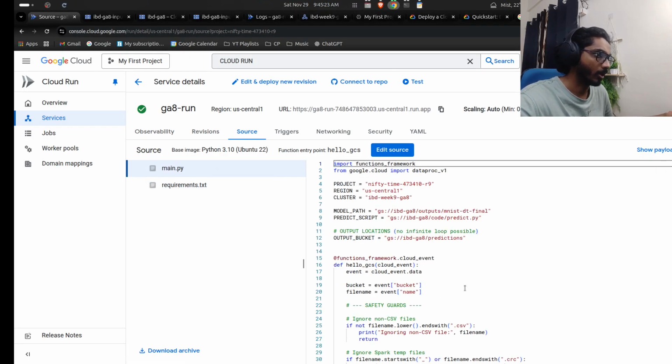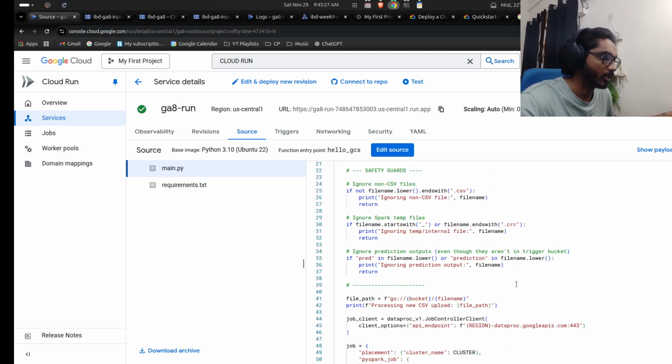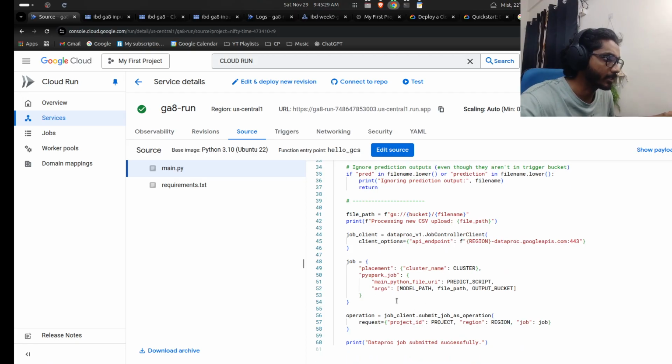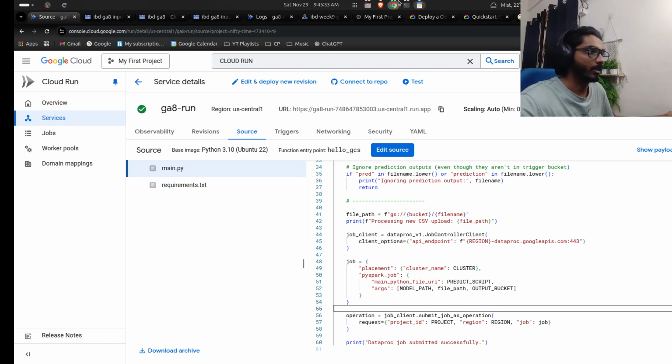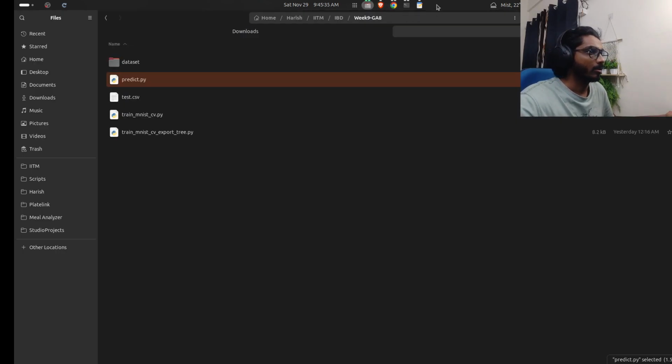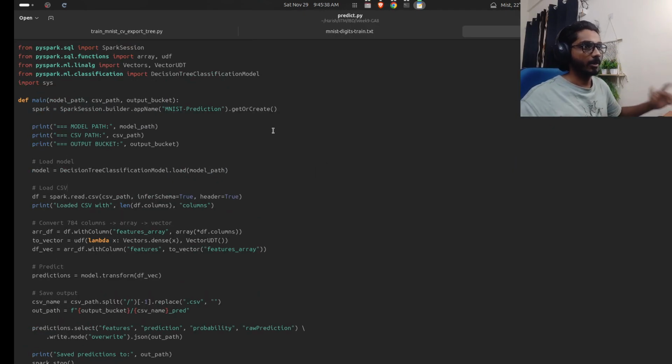If we see the Cloud Run, we have all that here. Model path, predict script, all the paths are there, and they are being passed as arguments. As you can see, they will be passed as arguments, and taken here in the predict.py as arguments. So we print that,